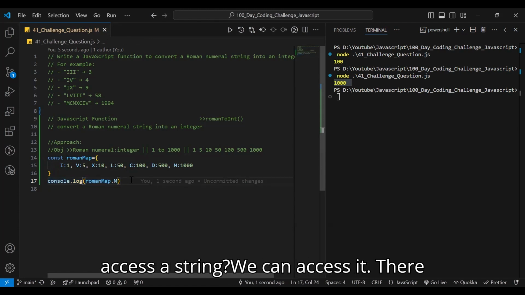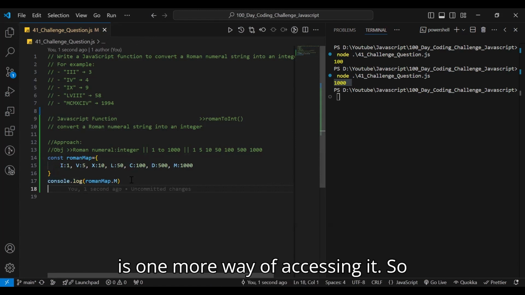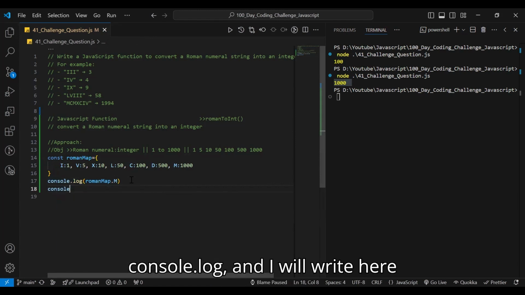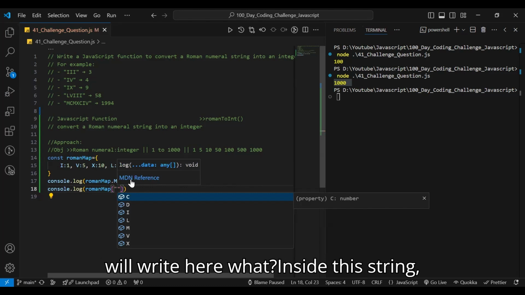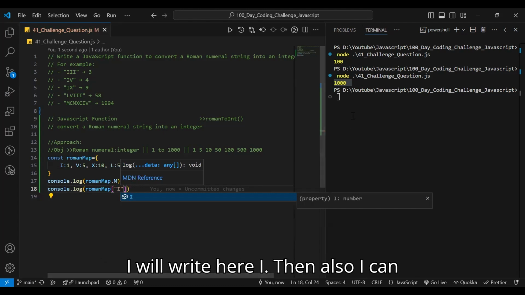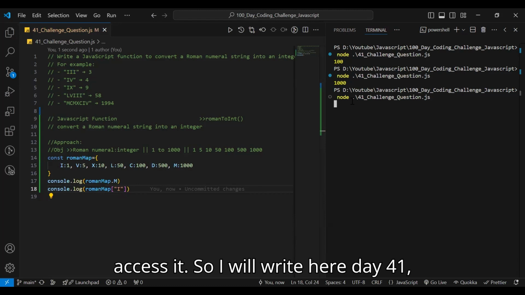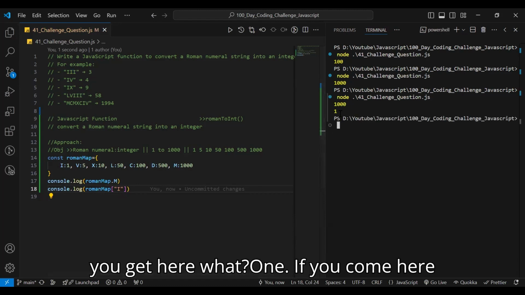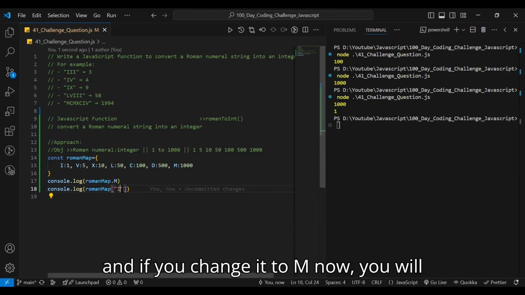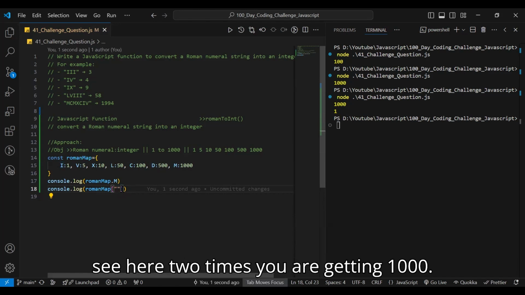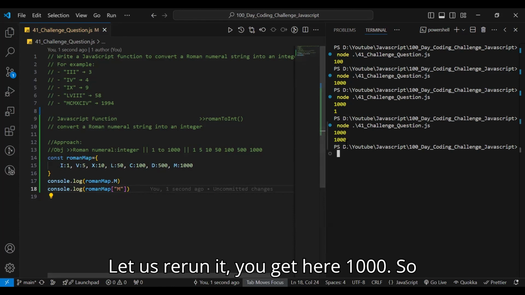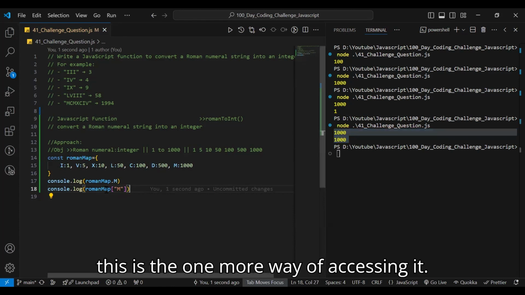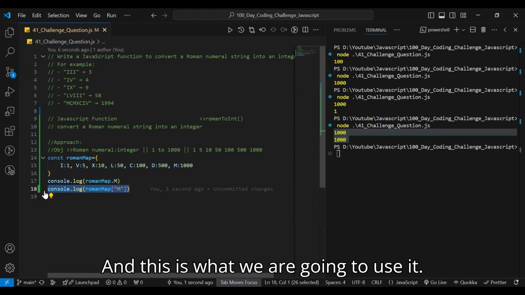So how can we access a string? There is one more way of accessing it. So console.log and I will write here Roman map, square bracket, and inside this string I will write I, then also I can access it. So I will write here day 41, you get 1. If you change it to M now, you will see 1000 both times. Let us rerun it, you get 1000. So this is one more way of accessing it, and this is what we are going to use,